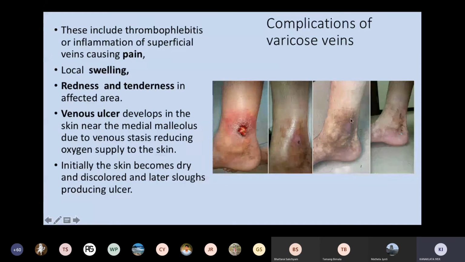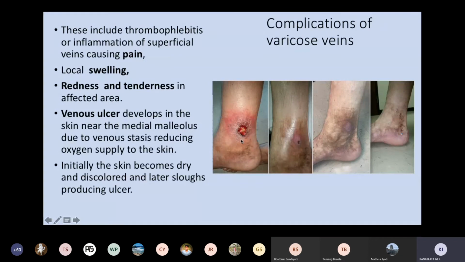Here again, discolored, the blood is not moving; there is a stasis of the blood. Sometimes you have got all the signs of inflammation, so there is pain, redness, swelling, tenderness, all right? And if this continues and you don't do anything about it, then the skin is not receiving enough oxygen because the blood supply is not efficient.